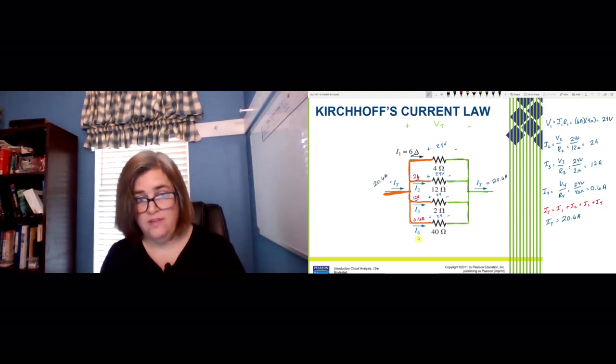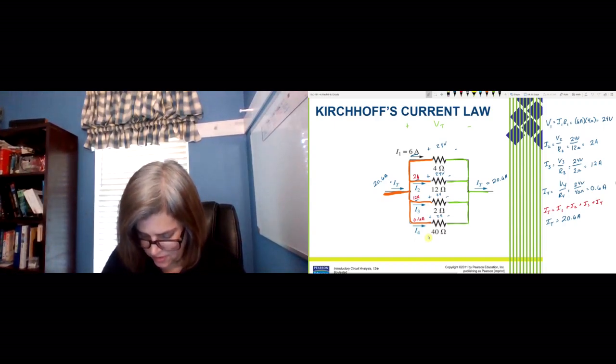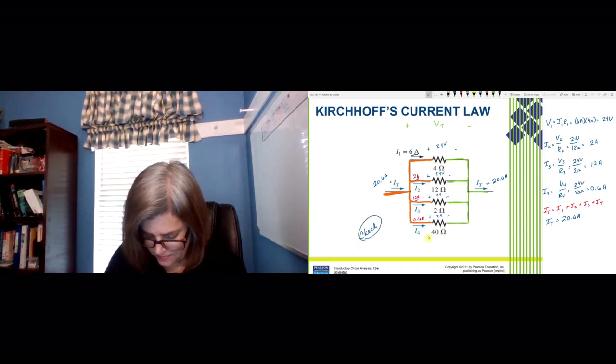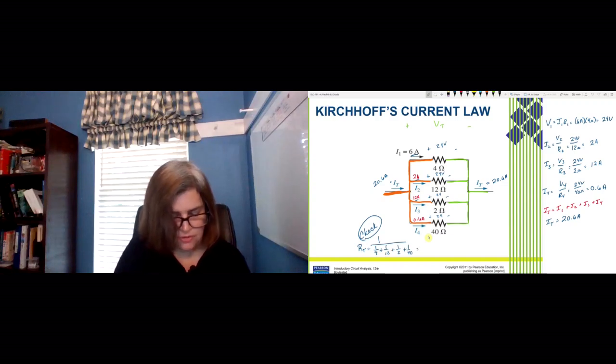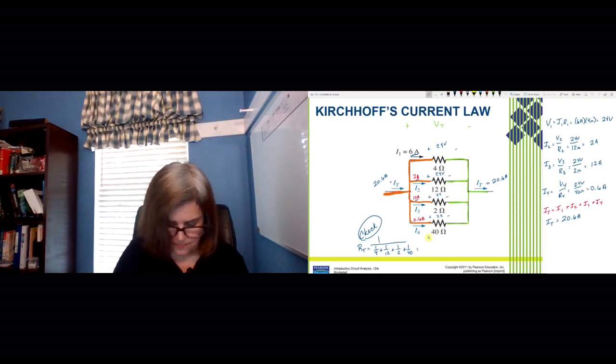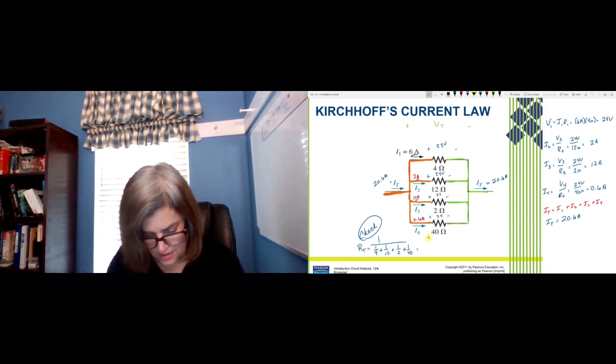There's another way to check, right? Since we know all of our resistor values, I'm going to come over here and we're going to check this. Let's find RT. So RT, 1 over 4 plus 1 over 12 plus 1 over 2 plus 1 over 40. And I'm going to do this with you, so pull out your calculator and work through this. Okay, so RT I get is